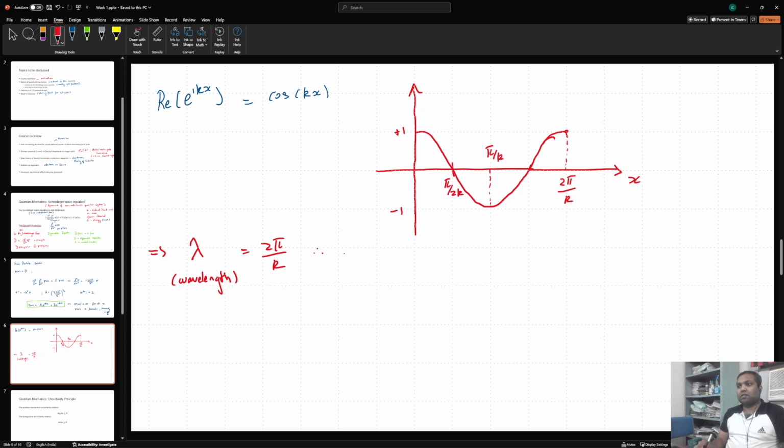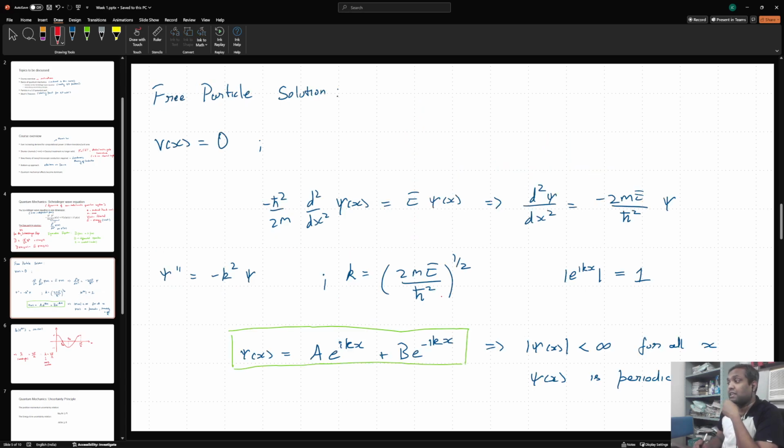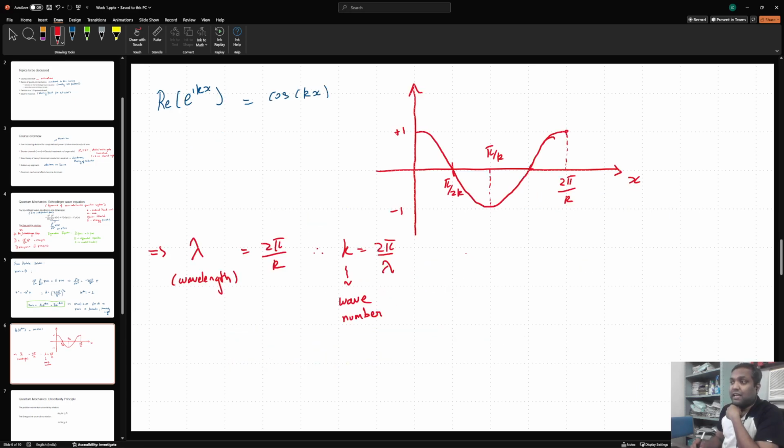Therefore k is equal to 2 pi by lambda, and k is known as the wave number. This is something that people may know from their electromagnetics courses, or even from their school days when they learned electricity and magnetism. So if we can go back and look at the value of k